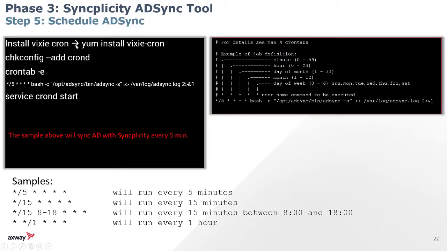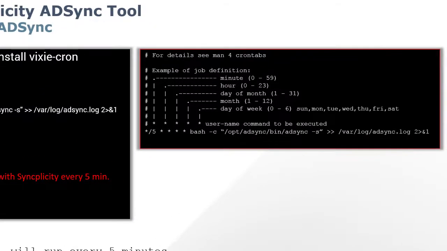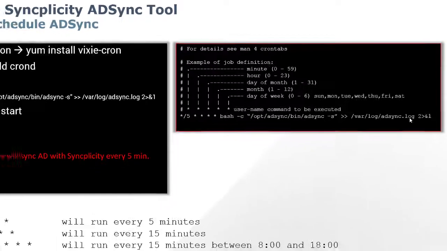So I've given you the command to install the Vixie cron, run this command to add it to the startup of the appliance, and then do that crontab -e. Where you see here in the manual, you can define if a job needs to run every minute, every hour, every day, every month. In this case, it will execute the schedule every 5 minutes. It will launch that command, the ADSync -s, and it will write the output of this to the var log ADSync